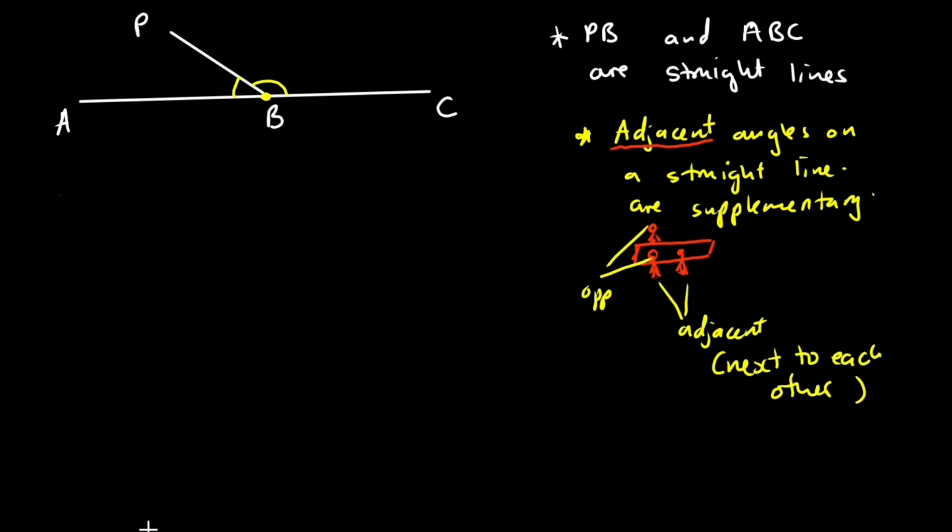Here is another word again that we need to understand. What do we mean by supplementary? The word supplementary means if the angles are supplementary, it means that they should add to